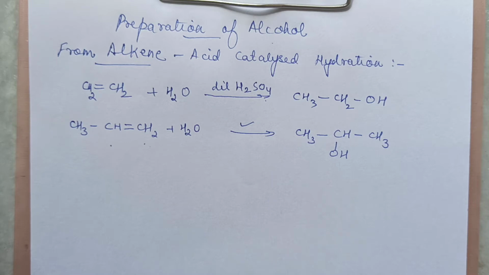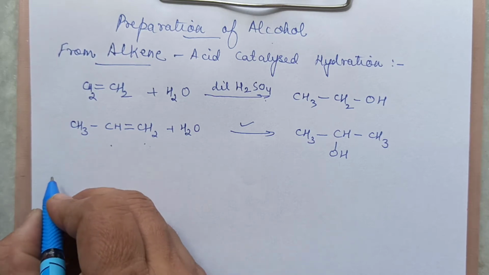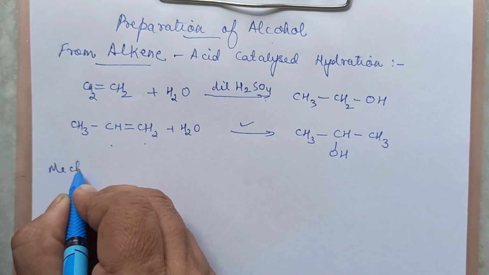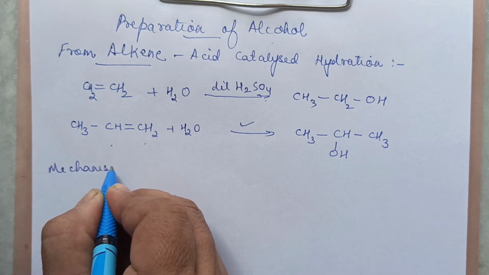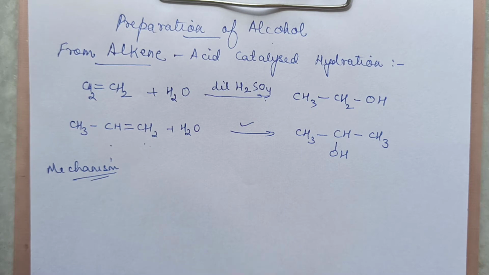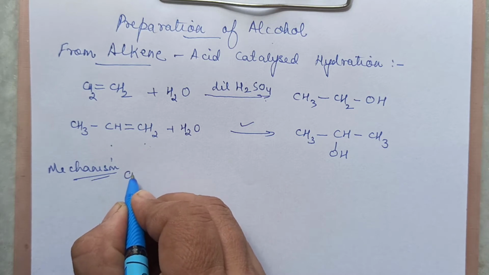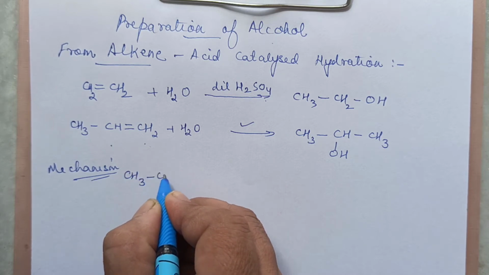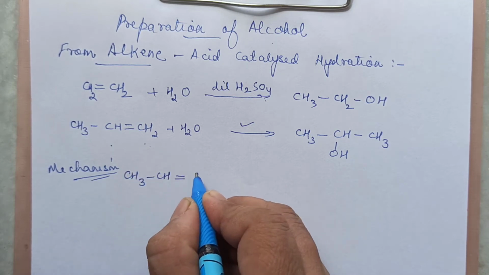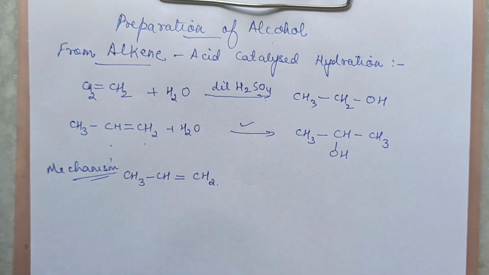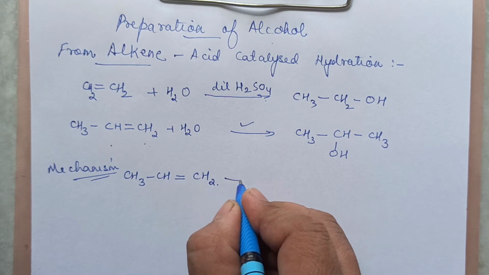Now let us see what exactly happens in this. Like, what is the mechanism of the reaction? We have this mechanism also in our class 12 syllabus. Now what exactly happens? I will take the example of this unsymmetrical alkene and discuss. See, CH3, CH double bond CH2. Okay, so I am taking this. So what first happens is,